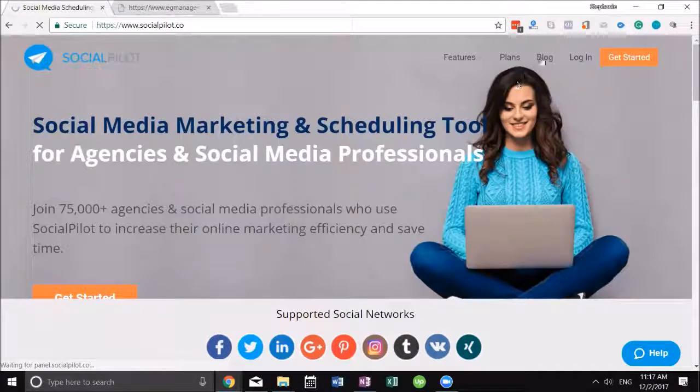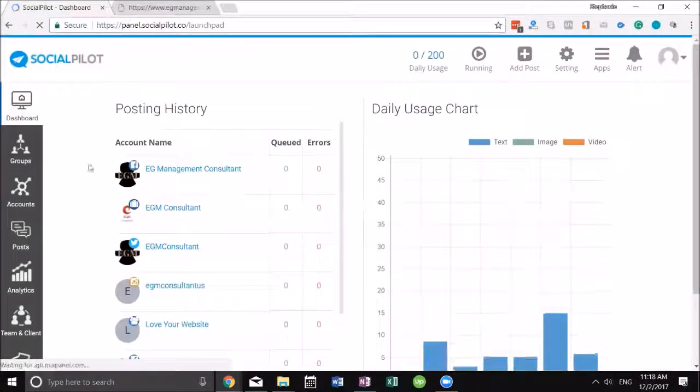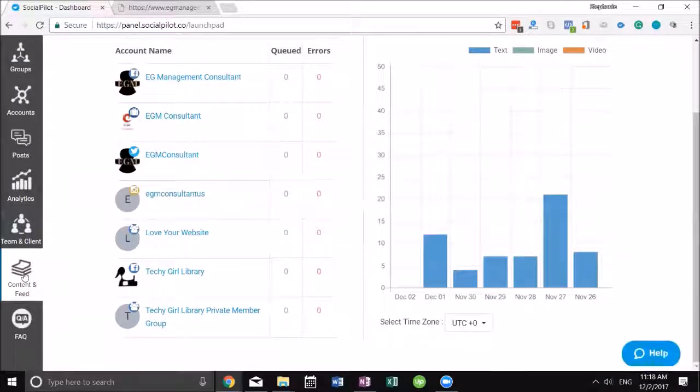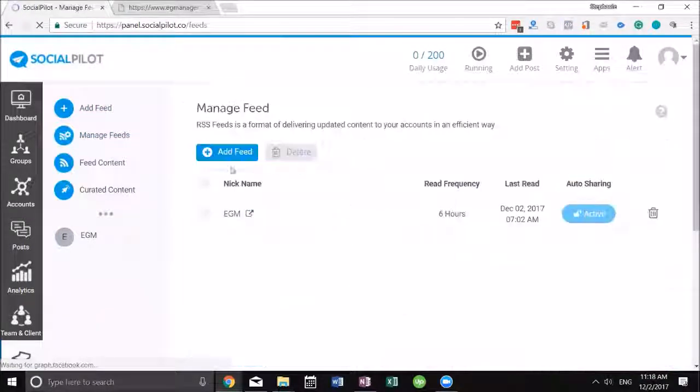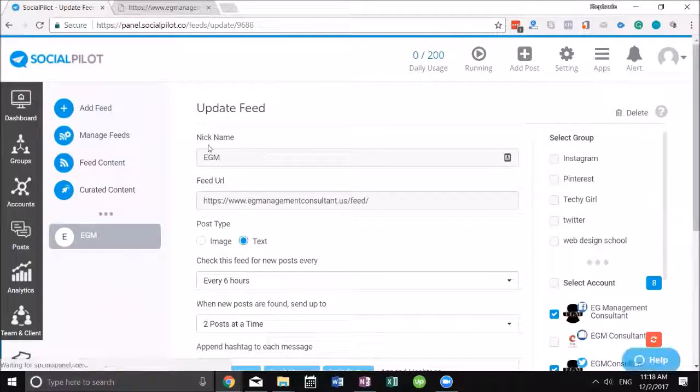So I use Social Pilot. I'm going to go ahead and log in. What you want to do is go down to content and feed. I already have this, but in your case, you're just going to hit manage, add feed, and it'll take you to this edit screen. So you add in your nickname, so for mine it's EGM, and then the URL, again, your website, and then